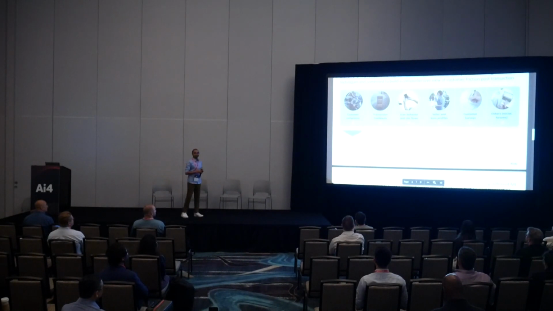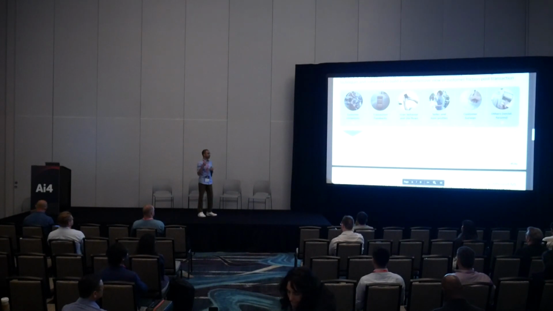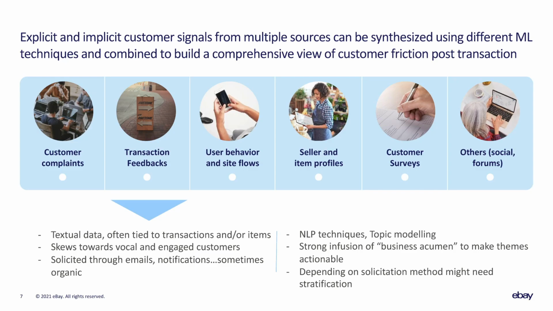So I'll talk about the customer complaints first, because this is more structured data. It's data from certain customer flows, and for us it skews towards experienced customers. Not surprising, these are the customers who know how to contact you and have the patience to talk to you. We leverage a lot of this data to train models and identify the severity of the events. So some of the more classic machine learning models can help us quantify the impact of some of these customer complaints on retention levels, for example.